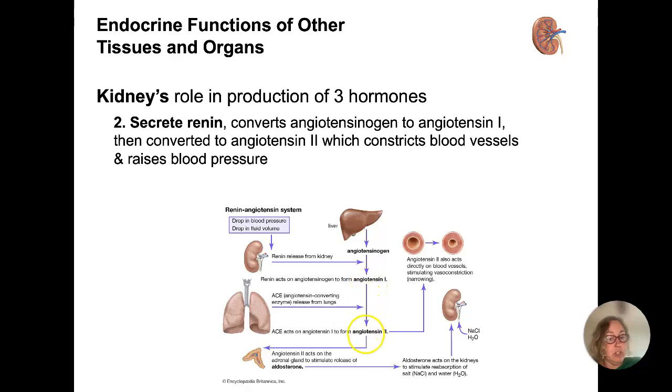What is that going to do? Then you're going to have the ACE enzyme, right? And that is going to make angiotensin 2. Why do you care? Okay, because that is going to act on your adrenal gland again. Seriously? And that aldosterone, I can't say it at the moment, acts on the kidneys to stimulate the reabsorption of salt and water